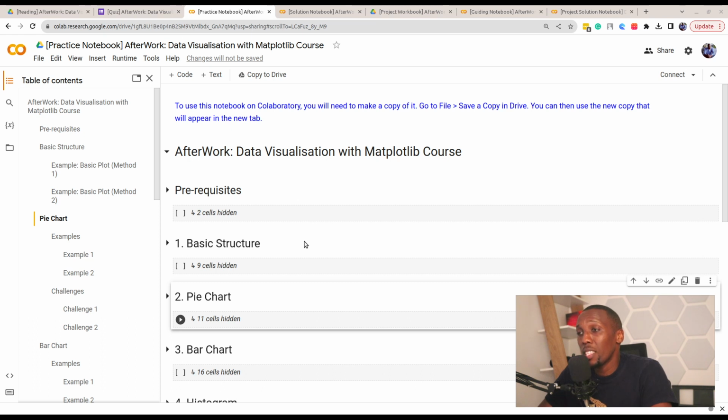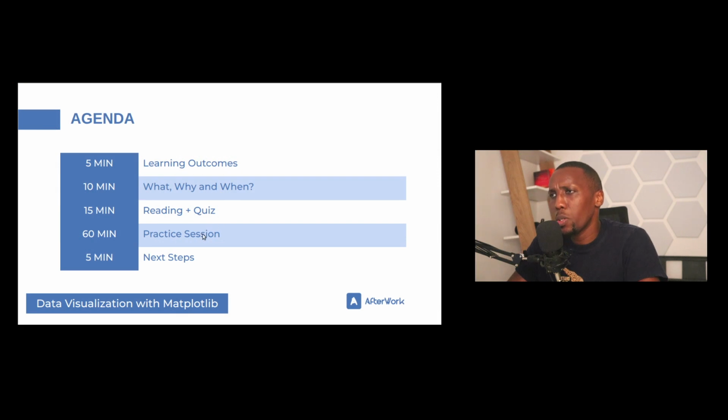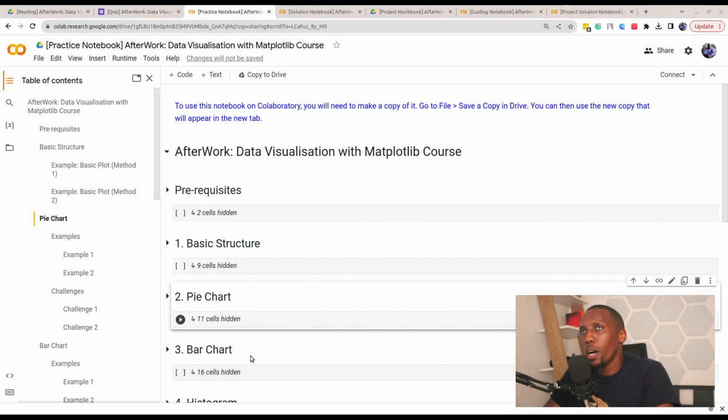So moving on to the next thing, now we're going to go through the practice work. We have already gone through the reading and quiz section, so now we'll go through the practice work section. Starting us off, once you have accessed the practice resource link, or if you're not an Afterwork member, you might see a sample notebook that you can use to follow along. The first thing we need to do once you've gotten to this page is to make a copy